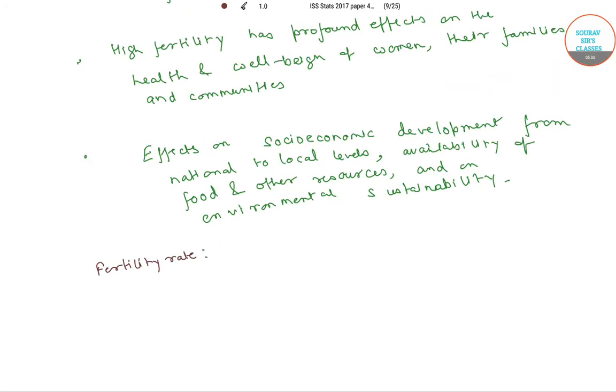Fertility rate is the number of children who would be born per woman, or per thousand women,